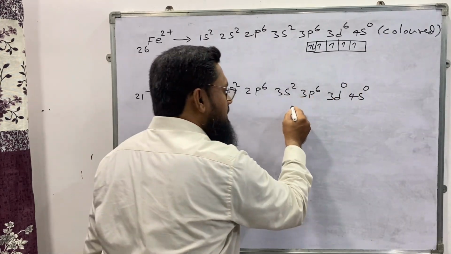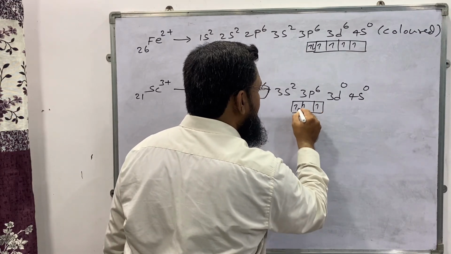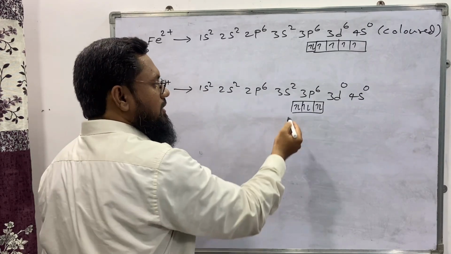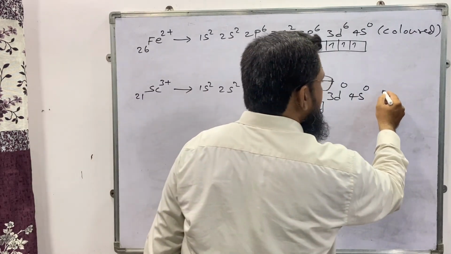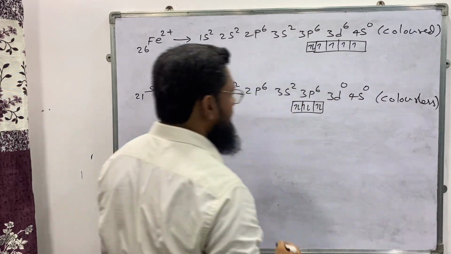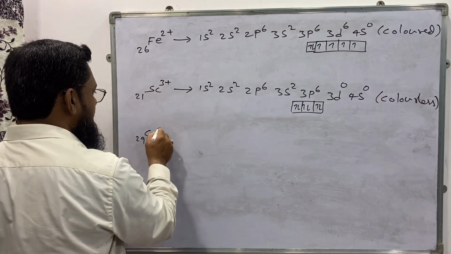Okay, now if you take the 3p, in this 3p, we have all the paired electrons. Here we don't have any unpaired electrons. So as we don't have any unpaired electrons, it is colorless. In the same way, for example, if you take Cu, number 29, we take the one